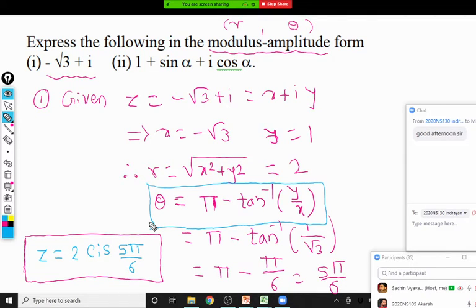Tan inverse y by x. Just tan inverse y by x gives you the angle in the first quadrant always, provided both x and y are positive. Now when x is negative and y is positive, that case only happens in the second quadrant, and in such a case we should use the formula pi minus tan inverse y by x.